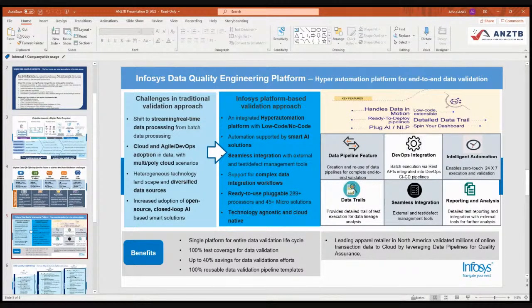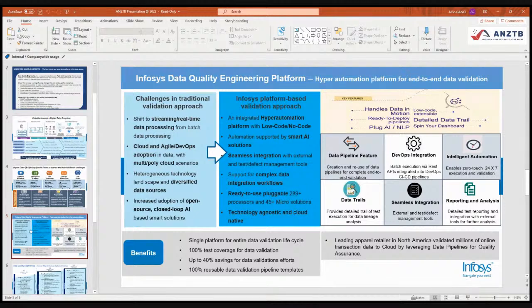So even today we see that the trend from batch to real-time processing is increasing, and there is more real-time data that we need to consume, and it is very heterogeneous in nature, and not the standard feeds that you would see today. We have multiple source systems, multiple gadgets, multiple mobile devices, and a lot of different channels through which we integrate our source data. And looking at our cloud, agile and DevOps adoption, we work in a